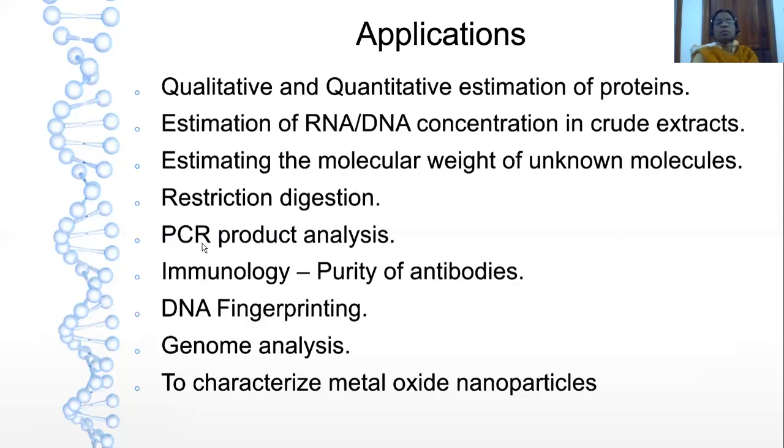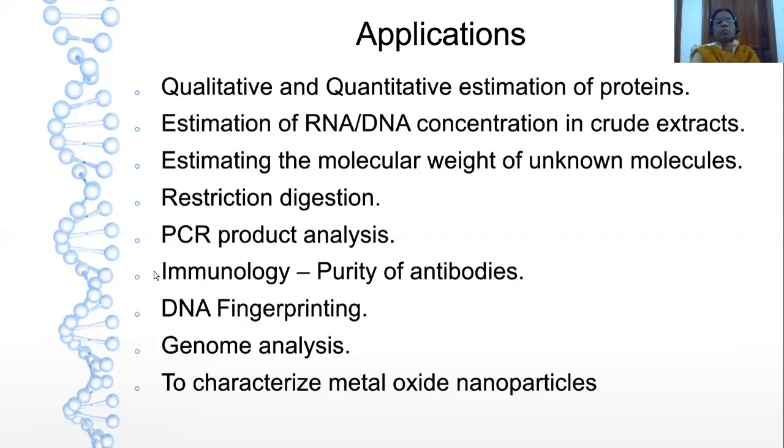But our sample will consist of not only those DNA fragments, but other DNA fragments also. So we are using specific primers for a particular DNA fragment, so only that particular DNA will be amplified. We can distinguish between the amplified DNA fragment and the non-amplified DNA fragment using electrophoresis.